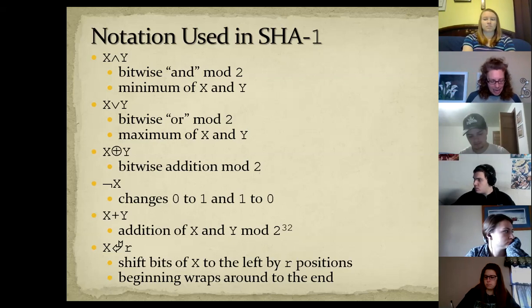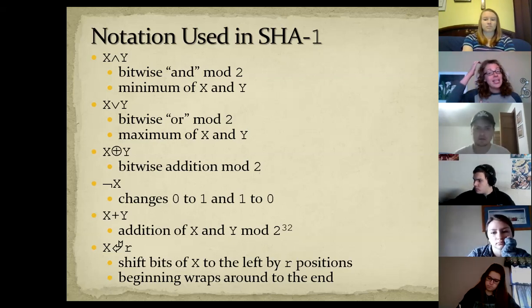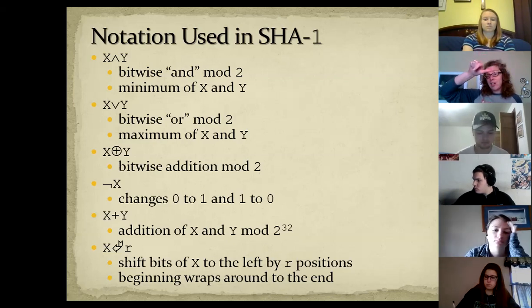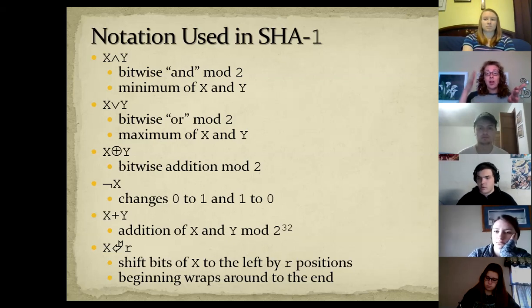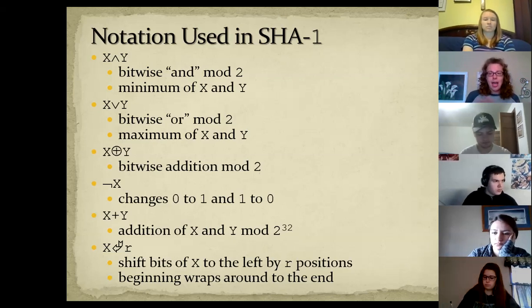So you got to hang with me for a couple of slides, and then we can get to how you turn hexadecimal into binary notation also. So binary notation is just with zeros and ones. Hexadecimal notation is with 0 through 9 plus A through F. Binary notation is with zeros and ones. We will talk about how to change that in just a minute. Okay, that's all our notation.